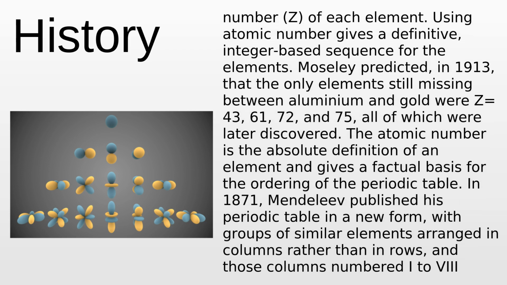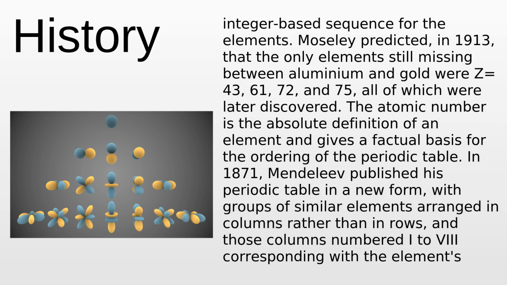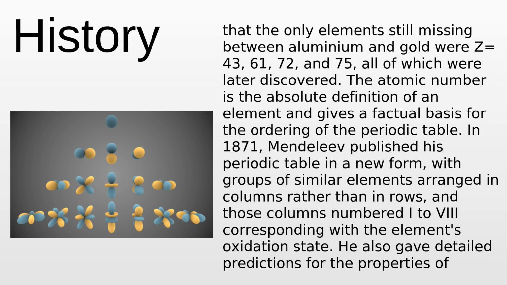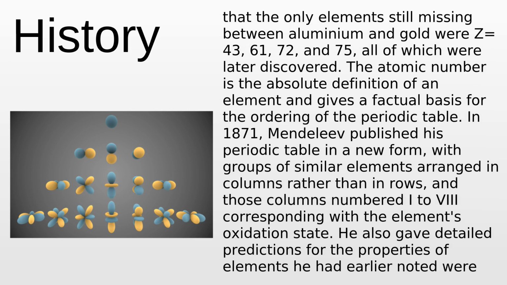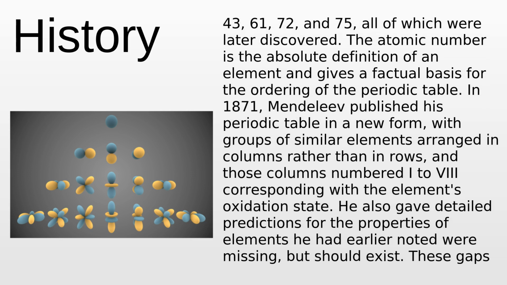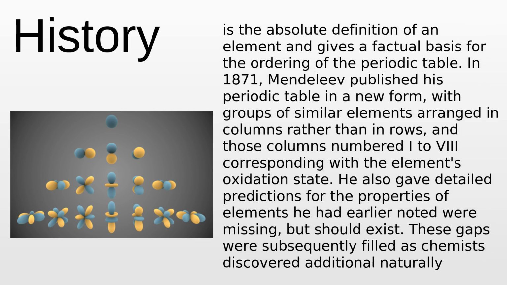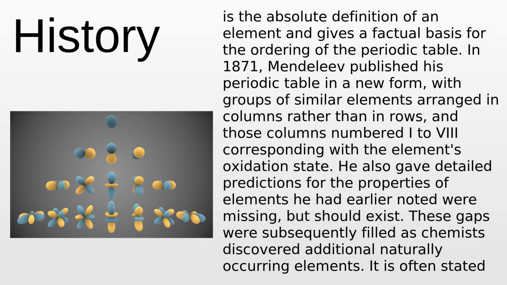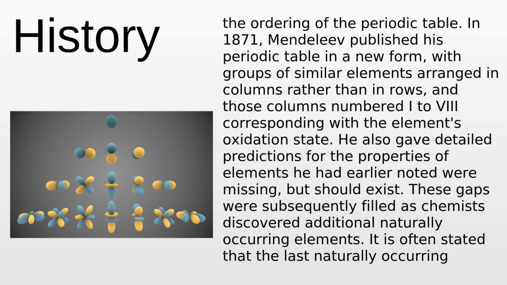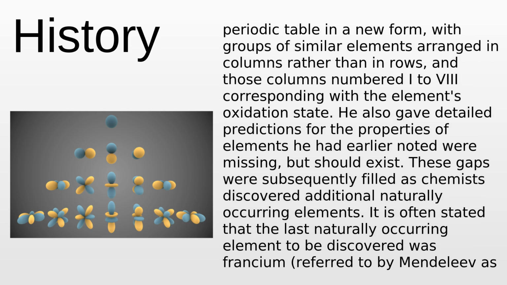Moseley predicted, in 1913, that the only elements still missing between aluminium and gold were Z equals 43, 61, 72, and 75, all of which were later discovered. The atomic number is the absolute definition of an element and gives a factual basis for the ordering of the periodic table. In 1871, Mendeleev published his periodic table in a new form, with groups of similar elements arranged in